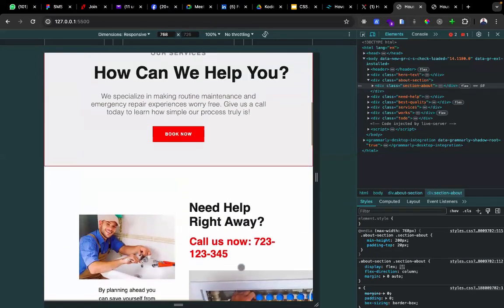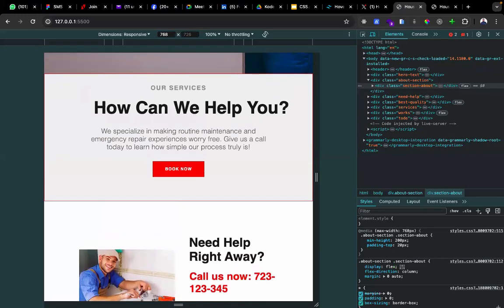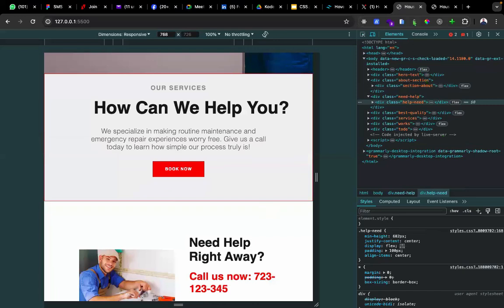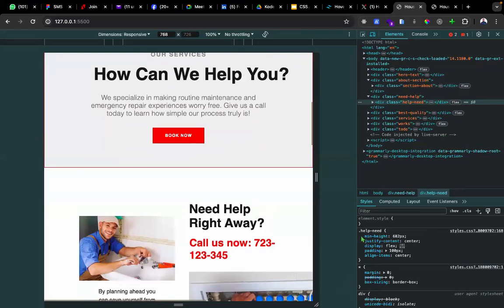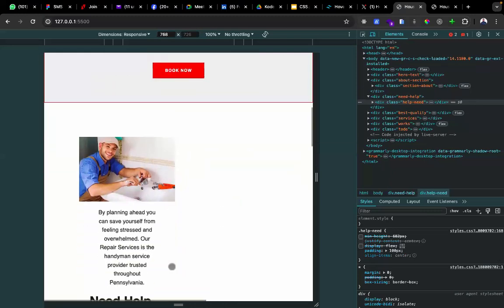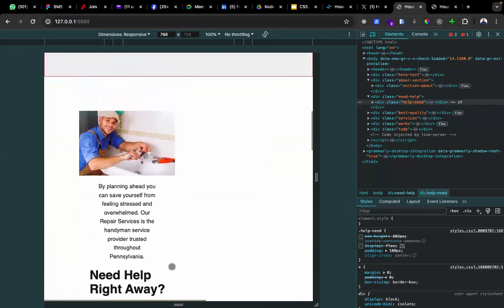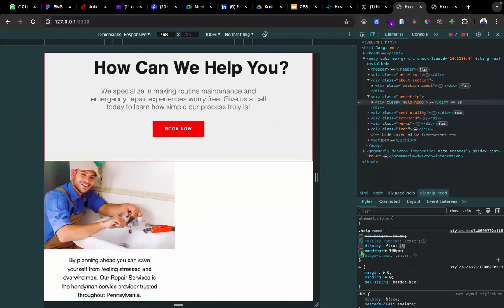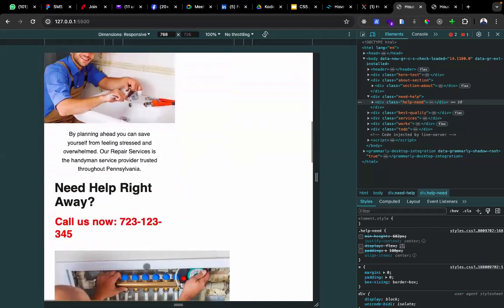This next section is the help section. Let's select the element to see what we have. On this section, we have a min height. Let's comment this out and start with the min height. Let's justify content center. Let's remove the flex. Some of the things we have to change right here: let's remove the padding. So on this screen,